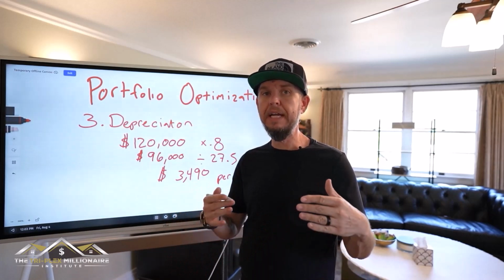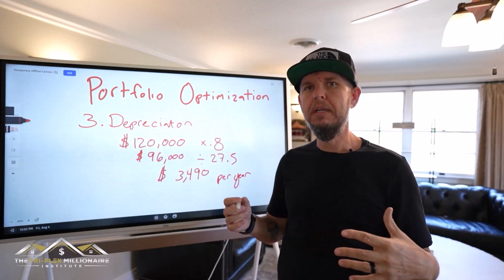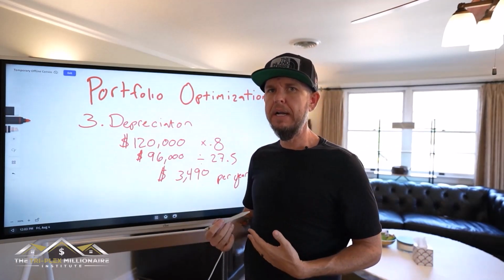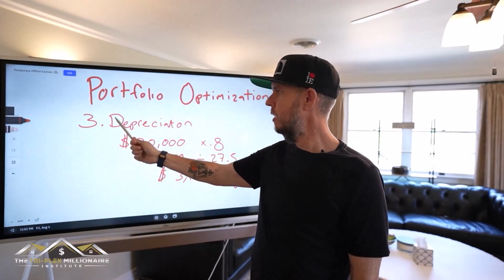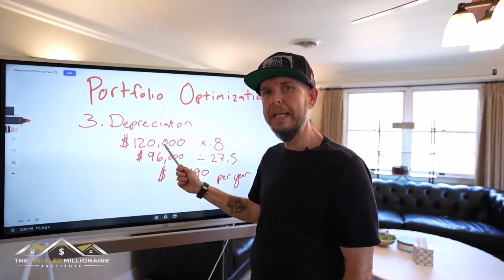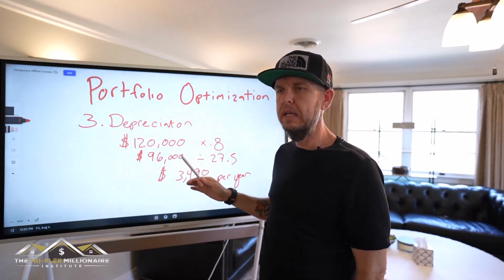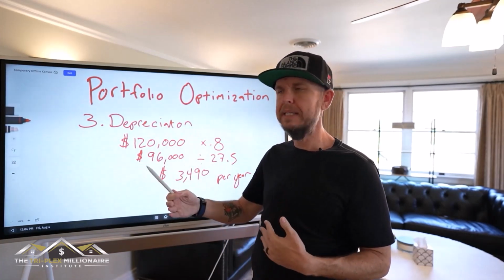And so understanding where their portfolio stands with that is super important, because that tells you how much tax-free money they get to make every year, right? And so as we're looking at this, we say, okay, depreciation expense on a property that they paid $120,000 for 10 years ago or whatever that is, it's going to be much lower than it could be if they replaced that property. So